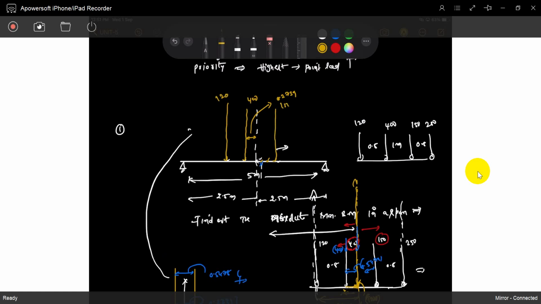It's 150, it's 250. You will arrange like this. So what is this distance? This distance is 0.8, and this distance is again 0.8. This total is 1, this total is 1. So what is this value? 1 minus that value. So 1 minus 0.2739, that is 0.2721. We will arrange like this.